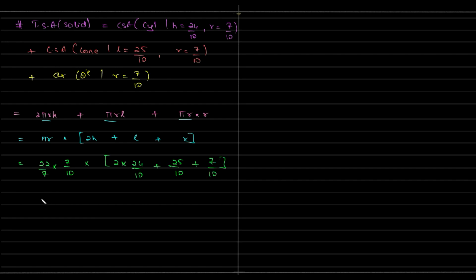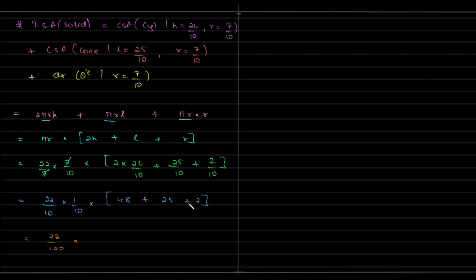Okay, so we have 7 and 7 getting cancelled, and tens in the denominator. So 22 by 10 into 1 by 10. So this is 48 plus 25 plus 7. Right, simple addition. So this is 22 by 100 into 48